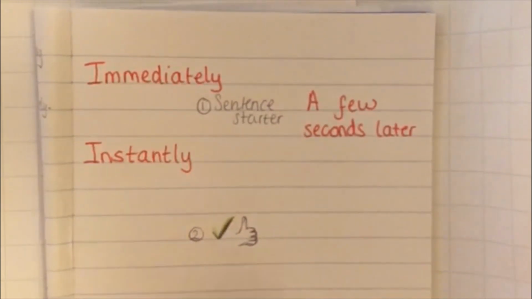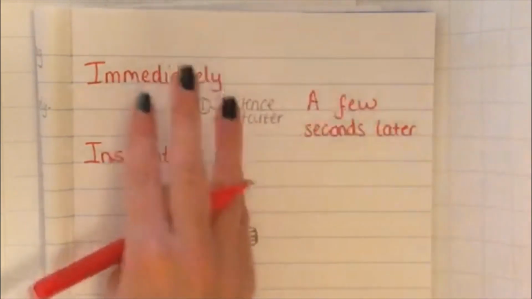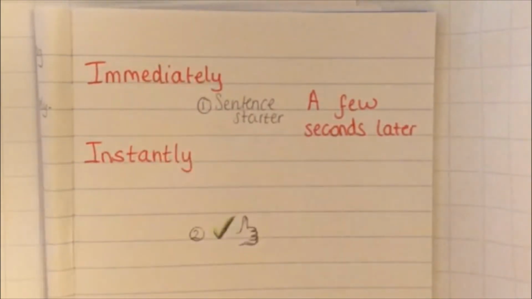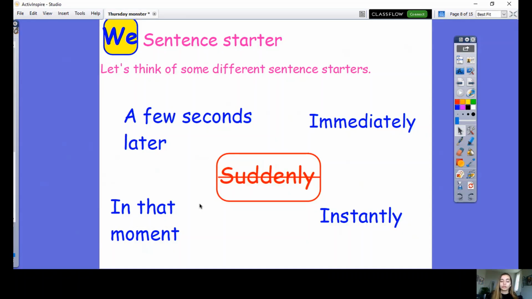So here I have my 3 sentence starters, and I've spaced them out around the word sentence starter and number 1. Because you're going to write your sentence starters. So you're going to write different ideas for how quick the giant appeared, and make sure you have a capital letter at the start because that's what you'll need when you're writing. So pause the video, and I'm going to give you 2 minutes, and then come back when you're ready for the next part of our story.